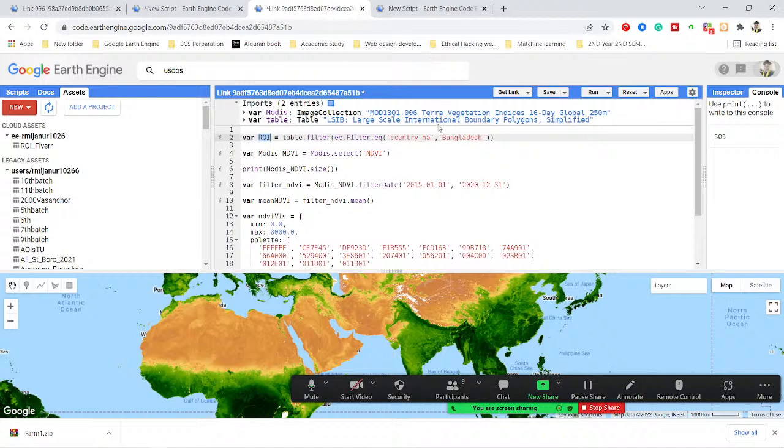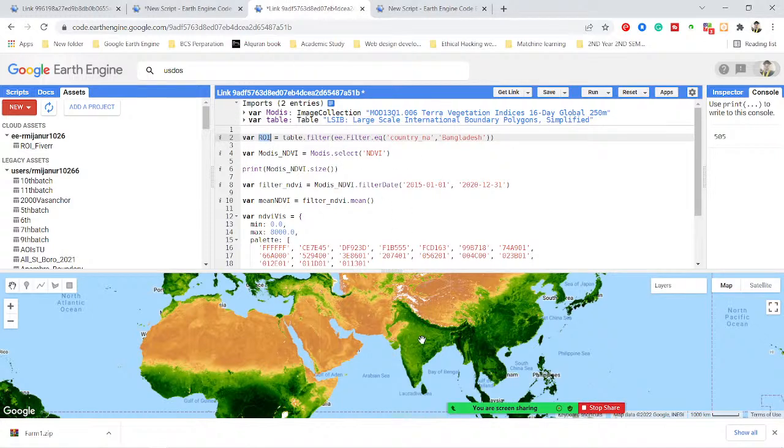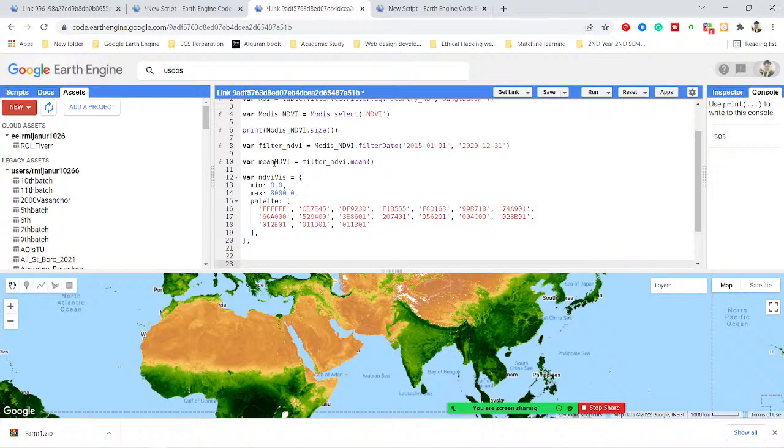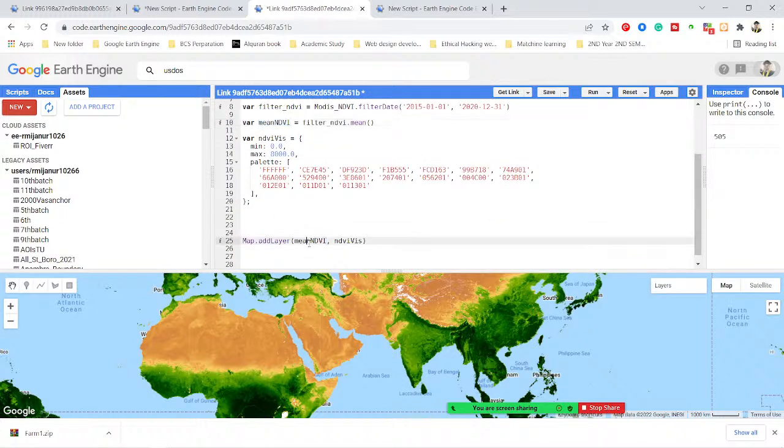So now I just clip my whole image with this shapefile. Here you can see this is the mean NDVI. This mean NDVI represents the whole world for NDVI, but this time I want to clip the mean NDVI from my whole collection. So for this I simply take a variable and give this variable the name study area. You can use any variable name. I just put here the study area, and then I call my collection mean NDVI,